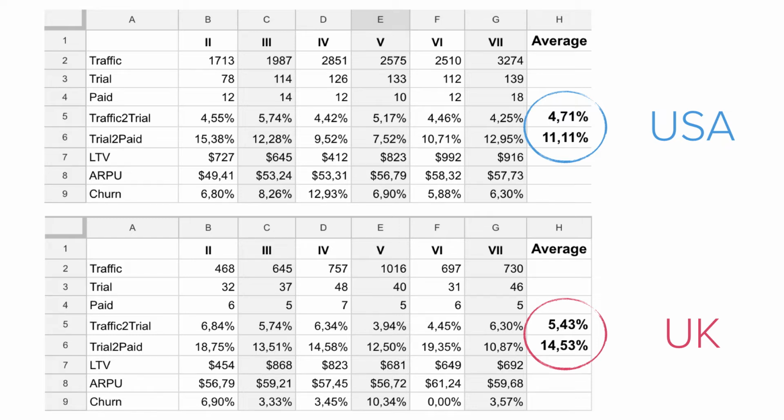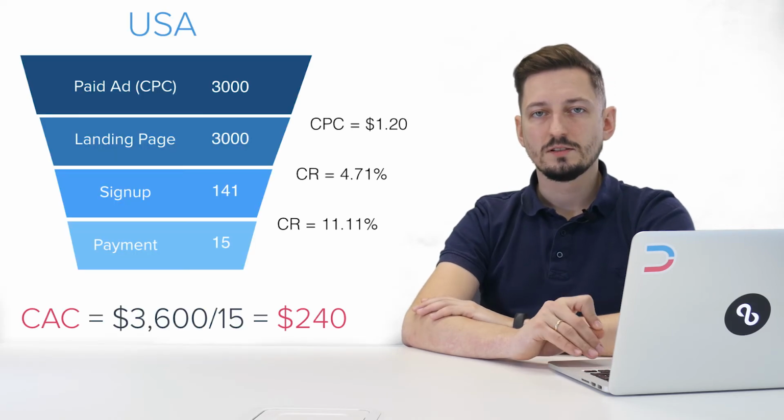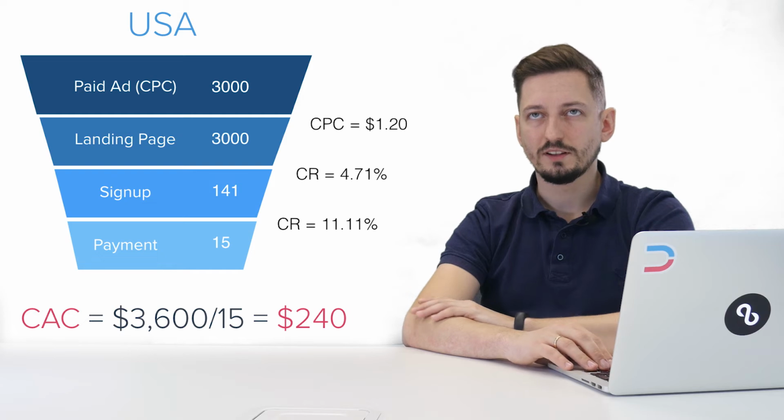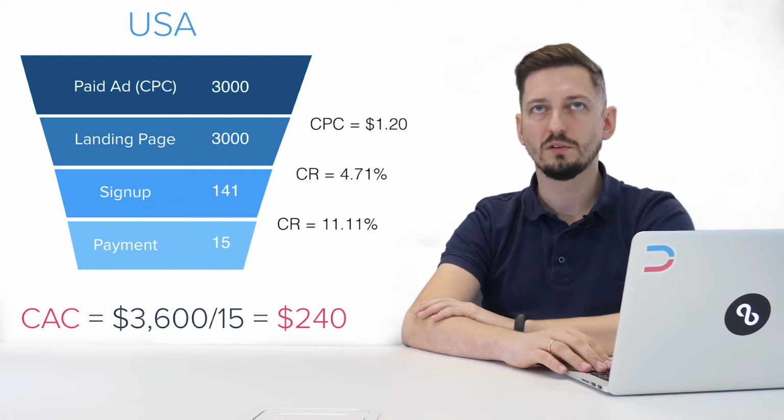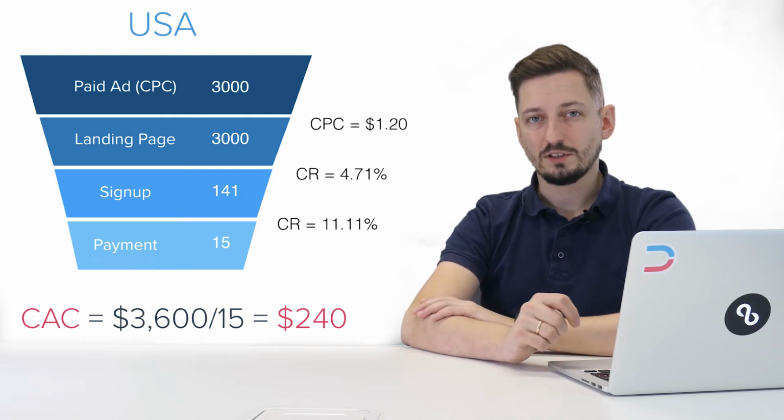Let's take an example and put some figures into the funnel using these metrics. Now we have these figures determined for each country, each market, so let's look at how the funnel looks after putting these figures in. In the USA, the funnel looks like this. The CPC for the United States is around $1.2. So, assuming that 3,000 people click on our ads and land on our landing pages,